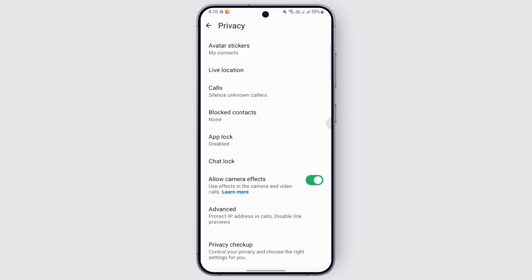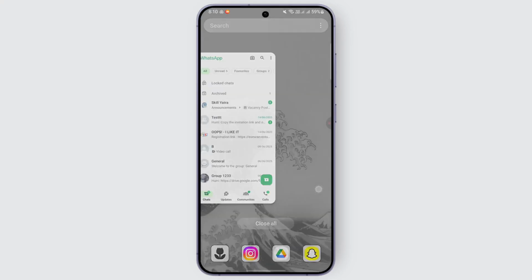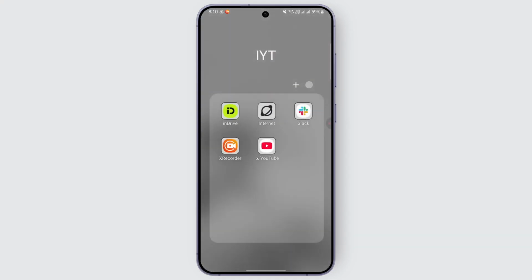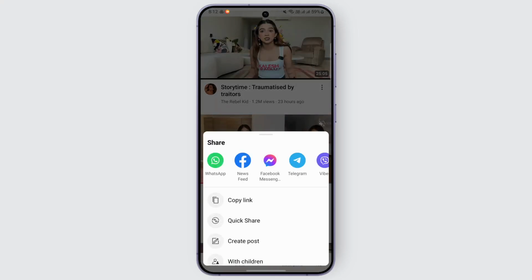Now once that is done, you can head back, close this application and head over to YouTube, for example, and copy the link that you want to share. So open up YouTube, and then go ahead and tap on Share once you locate the video and copy the